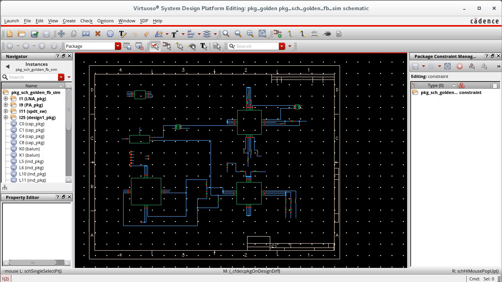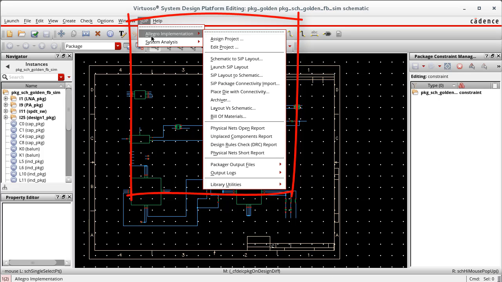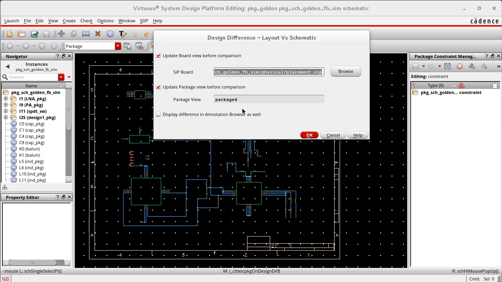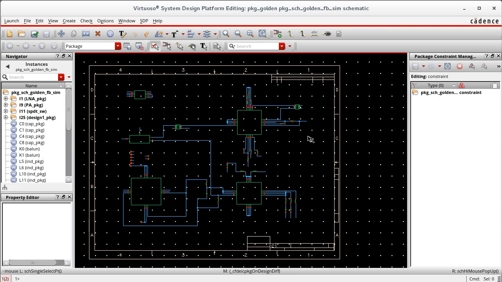So to start, we'll run LVS to verify that our current schematic logically matches our physical implementation. To run LVS, we'll select SDP, Allegro Implementation, Layout versus Schematic from the VSDP text menu. We'll be running against our current physical implementation, which is a placed module that hasn't been routed yet. And when we select the OK button,